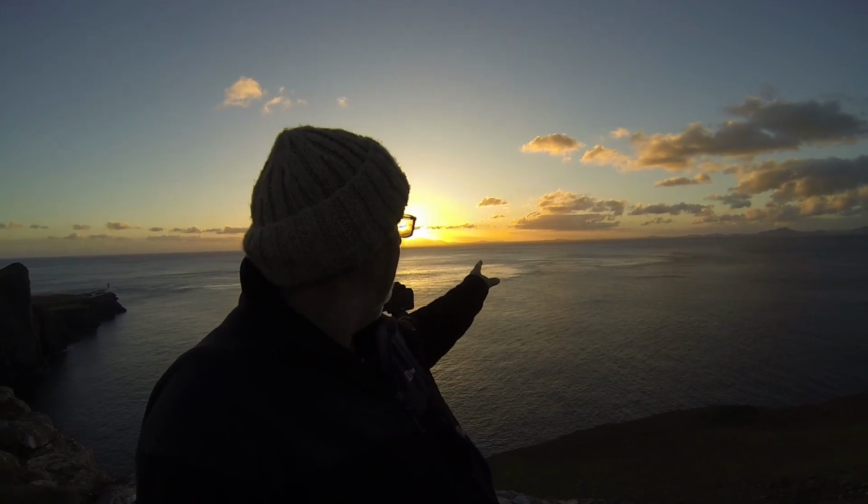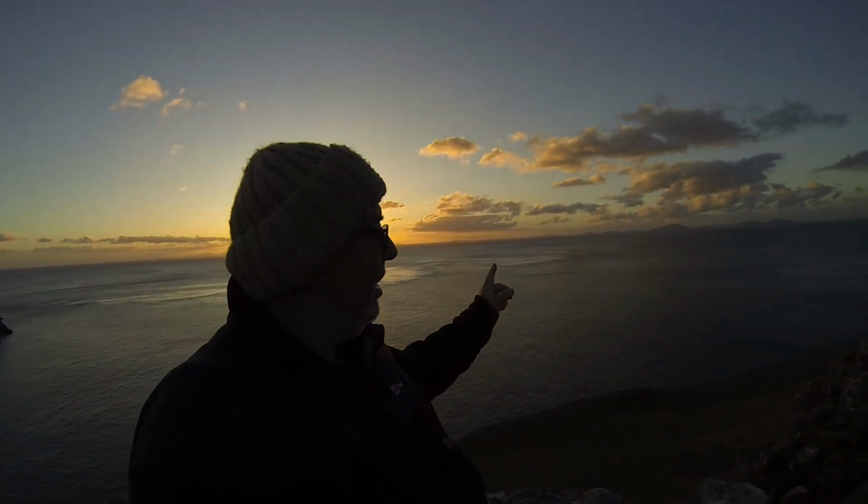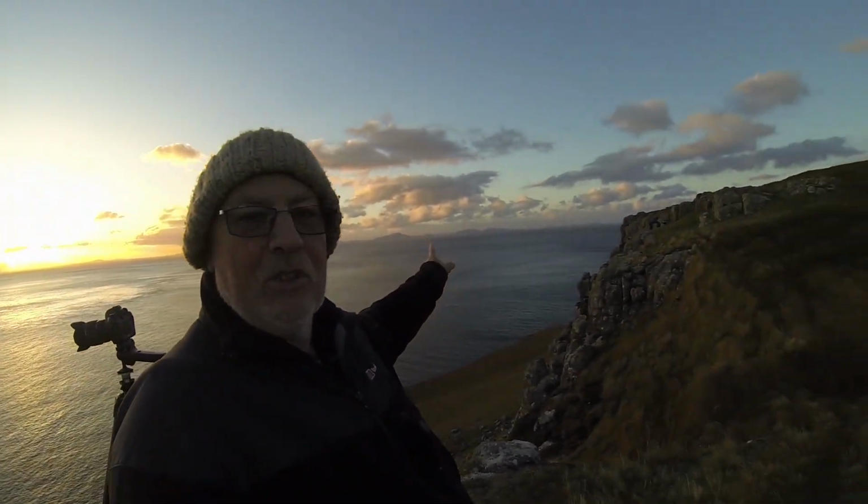But the sun, where it's setting now, it sets pretty much that way in the summer, so it is better because you get full side light onto the cliffs and they just shine bright orange. It does look really epic. There's a big dark cloud behind the sun at the moment. Some beautiful sun rays coming out, which is no good to me